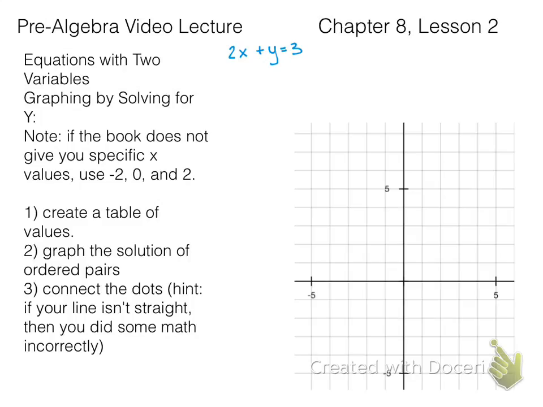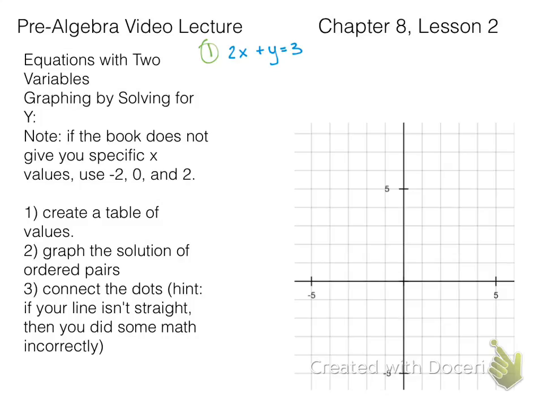First thing you're going to do is create a table of values, though for some of your equations, if y isn't by itself, you might want to solve for y, so it's a little easier to do your math. You don't have to, but it might make your life a little easier, all right? And then once we've made a table of values, we're going to graph them and then connect the dots. And then your hint, if your line isn't straight, then you did some math incorrectly to get the wrong point, okay? So we're going to go ahead and graph this line up here,